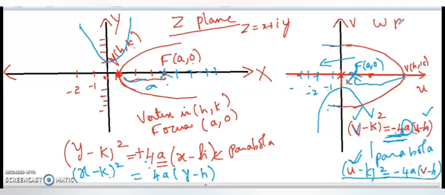The image is in the w plane, where w is equal to u plus iv, with the u axis and v axis. So you can remember like this: whenever you get positive, it opens towards the positive side of the x axis. Whenever you get negative, it opens towards the